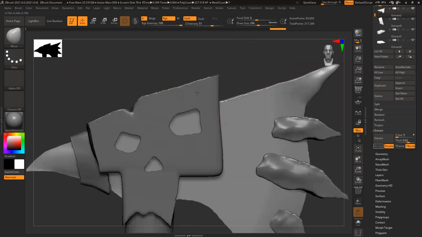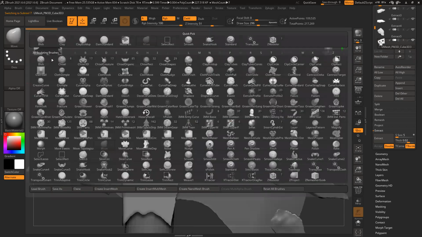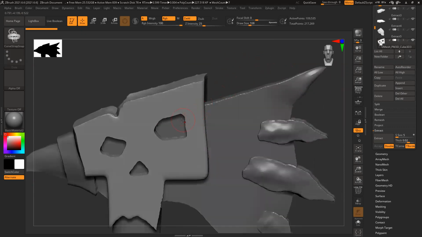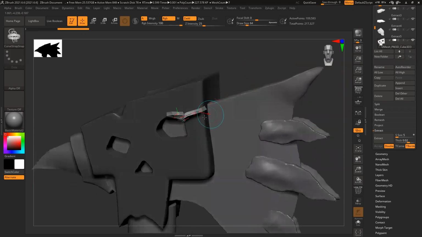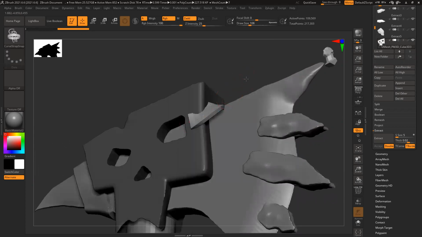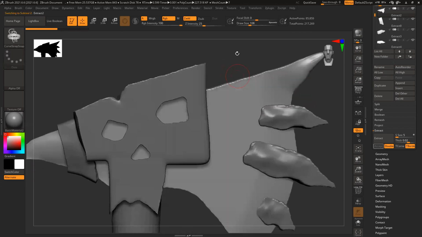So for that, what I'll do is I'll select this skull and go to brush. There is something called curve strap brush. Select this one. Resize the brush size, whatever the brush size, it will create the strap of that size only. Now I can create a strap, you can see, but it's not creating very nicely. So I'll just start with this. It's also not nice. Then let's extract it only. That would be really nice.